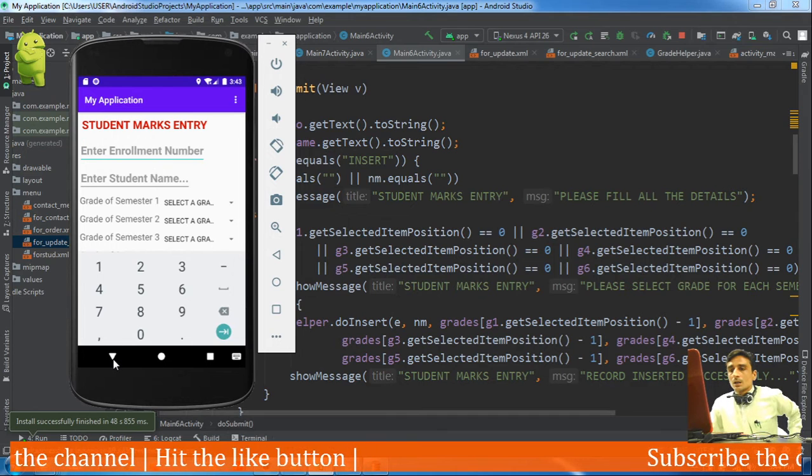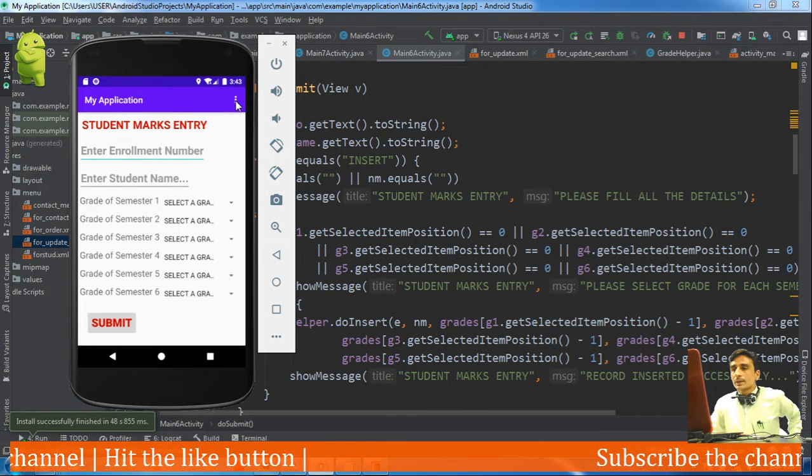So as you can see here, an options menu is appearing.